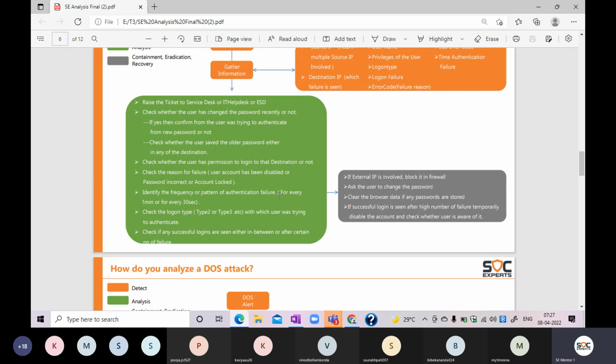Nobody can brute force in one whole day, but it happens from time to time. So we'll have to check the time zones as well. The time zone will determine if the attacker has the same pattern, because the user does not have time to deal with this process every half an hour. But the attacker does have his own time. He will put a certain amount of time into this particular issue. He'll take half an hour to deal with this, and the next day again he'll take another half an hour. So it may continue. So that's the reason we'll have to check on the